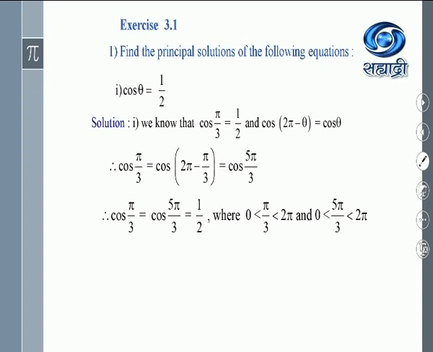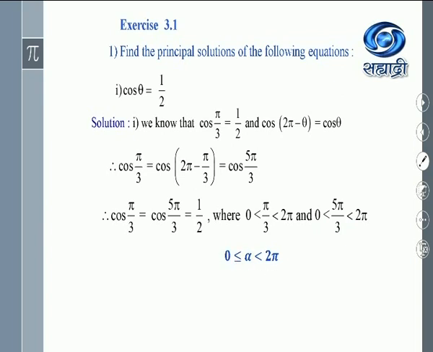But in the solution, you will have to write this step without fail. Therefore, we write. Now, you may be having the question in your mind that why we are not writing equality sign here. As pi by 3 is non-zero, therefore we write pi by 3 is less than 2 pi and greater than 0. Actual condition is this, but this value is fixed now, and which is not 0. Therefore we write pi by 3 as well as 5 pi by 3. These are less than 2 pi and greater than 0.